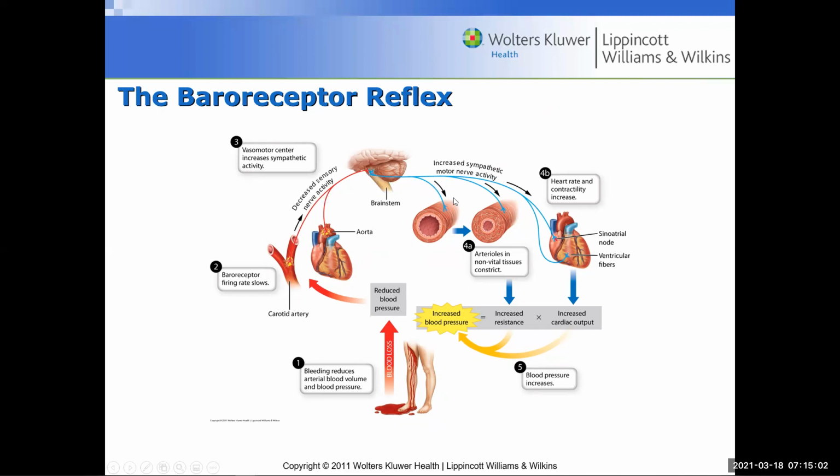So increased sympathetic activity leads to the activation of the tunica media, and it causes a decrease in the lumen diameter. So the arterioles, here you're seeing it, in response to this blood loss, actually narrow. The heart rate and contractility in terms of the heart, increased sympathetic motor nerve activity, decrease in the arterioles, but then you have an increase in the contractility of the heart itself. So therefore, the signals sent to the heart are increased, the diameter of the arteries decreases, and this leads to